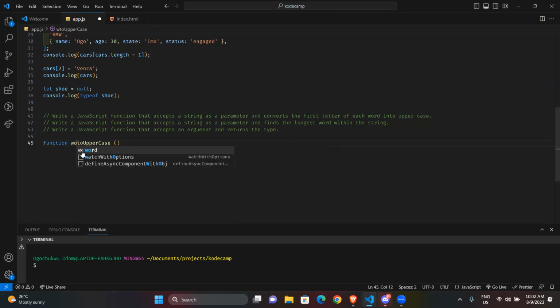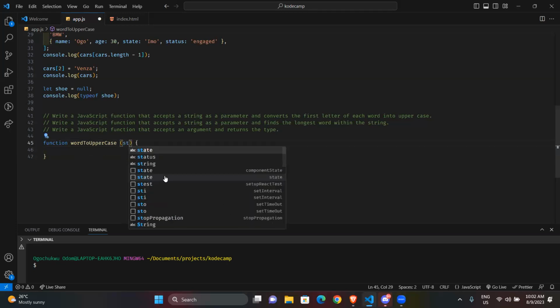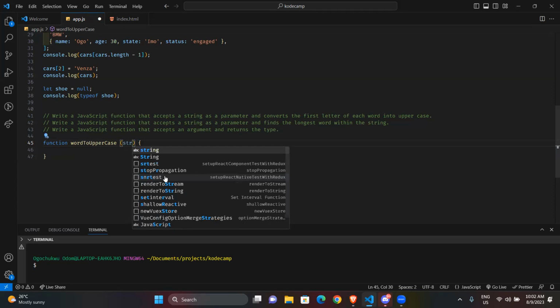Let me just do word. That name is actually not sufficient enough. If it's our modern people, they'll say it's not giving. It's not conveying what this is supposed to be. This is supposed to take a parameter, so let's say a string.